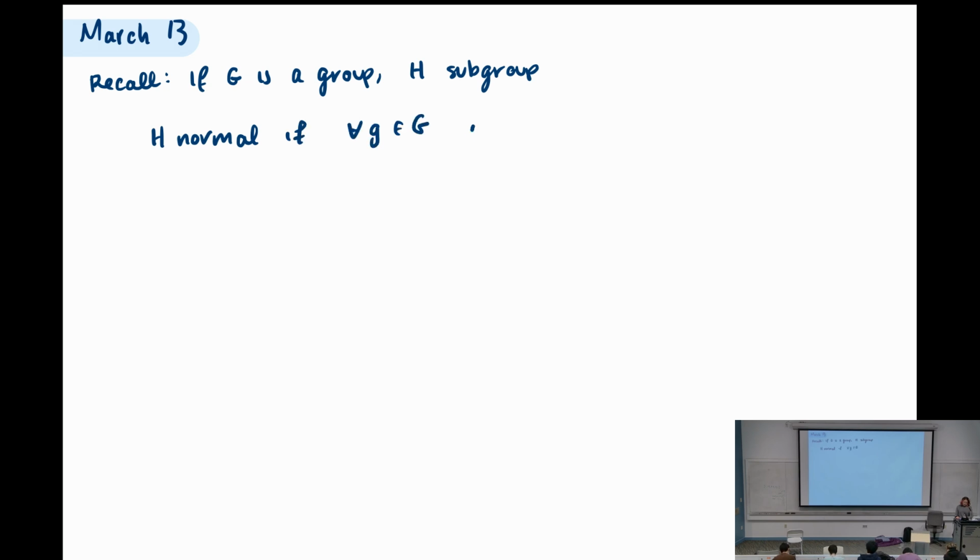So if G is a group and H is a subgroup, we call H normal if for all little g in the group G, we have that the left g coset of H is equal to the right g coset of H. And we also saw last time that if H is normal,